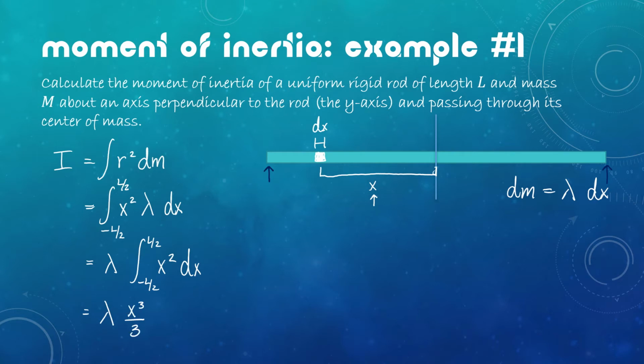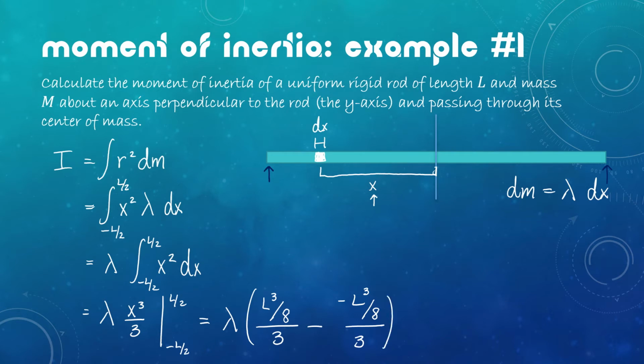You get x cubed over 3. And then we have to evaluate between our limits. So when we are evaluating that from our limits, I want to make sure that I am cubing both the L and the 2. So 2 cubed is 8. When I cube that negative L, I get negative L cubed. And then I can simplify this expression. Of course, it's always a bad idea to leave fractions within fractions. And so when I simplify this, I end up getting 1/12